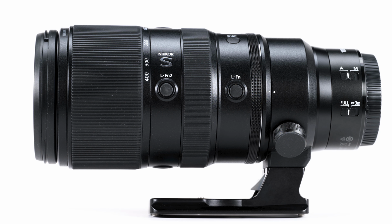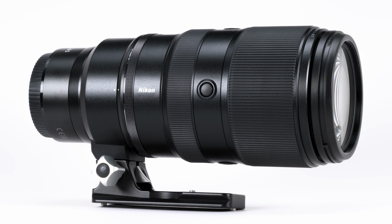Because the 70 to 200 works so well with the new Z-mount teleconverters, I took a leap of faith that the 100 to 400 would also. And that would give me a 140 to 560 millimeter zoom when combined with the 1.4 teleconverter, and I'd only lose one stop of light. Crazy math skills. So I placed an order with Nikon for the lens, and I put it on NPS priority,